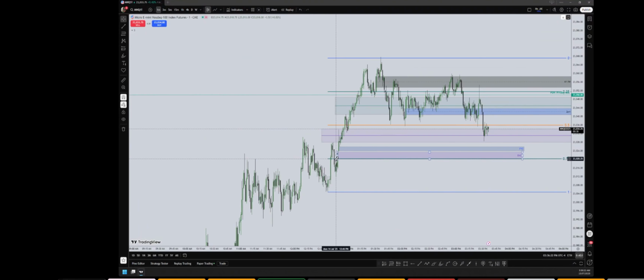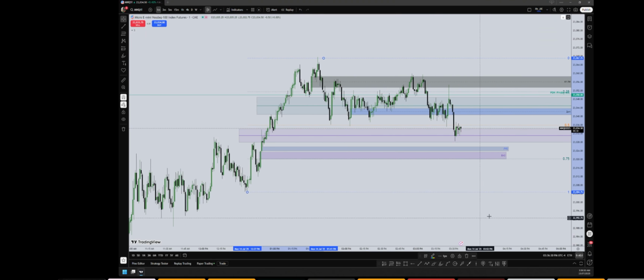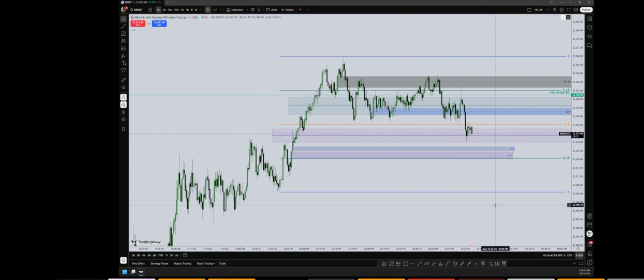I usually like to keep it like this, one pixel and dotted line. So these dotted lines, I can see them, but you guys may not be able to see that. So that's why I'm making it 2-3 pixels and then